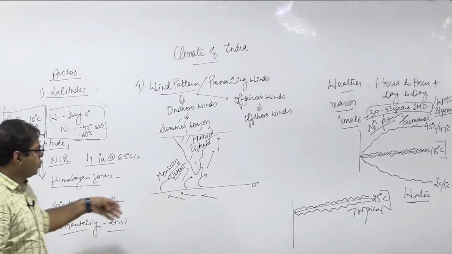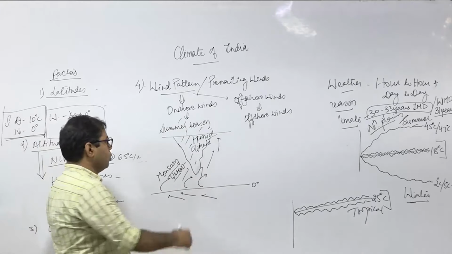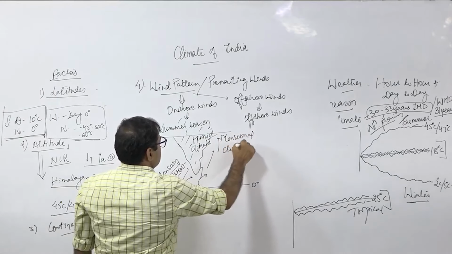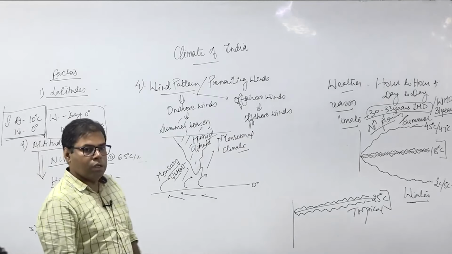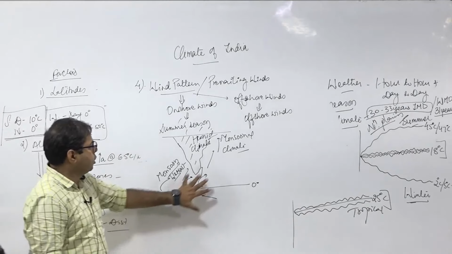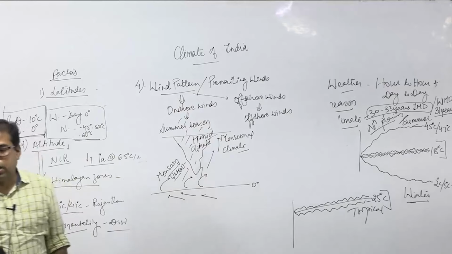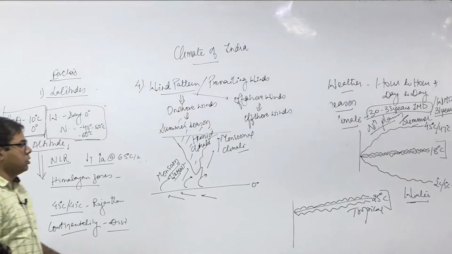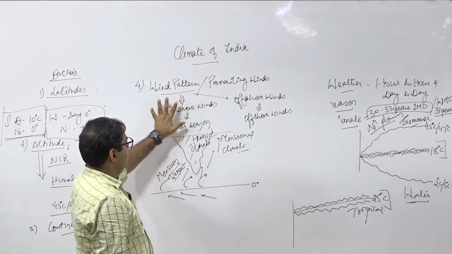So monsoon wind, onshore winds or prevailing winds are making the climate of India what? Monsoonal climate. It is monsoonal climate. Am I clear? Got it or not? Why it is called monsoonal climate? Because winds coming from the oceans have been causing the rain, 80% over the country. So, therefore, the climate of India has been called monsoonal climate. During the summer season, winds are coming from the ocean, so that is responsible for the raining over the entire India.